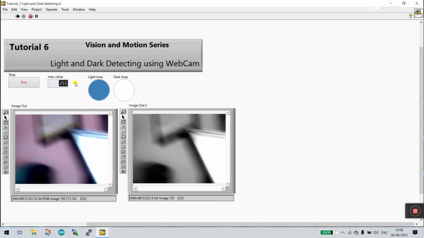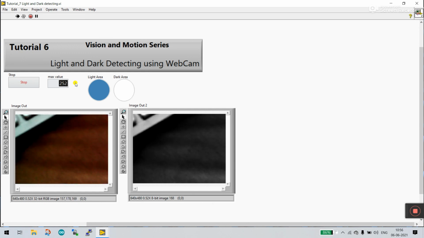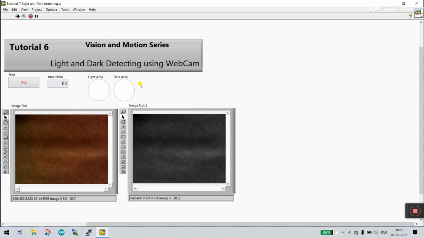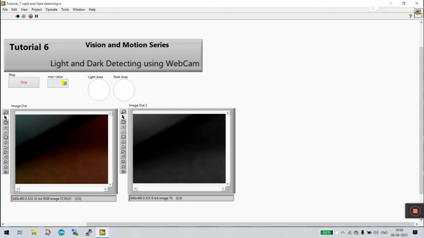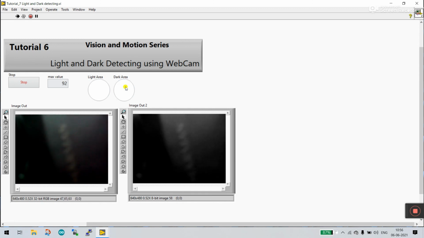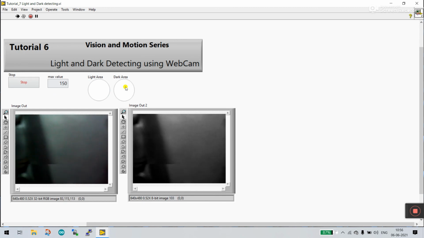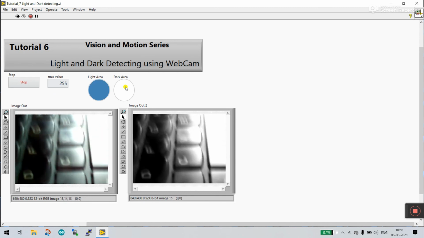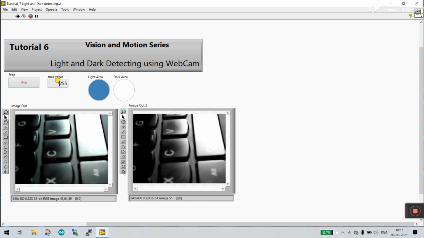When I go near the dark area, the value is changed, and if it's less than 50 then it shows the dark area. Right now I have the normal area. Now you see the value is less than 50 and it shows dark area. You see the black. Right now it's normal, because something is visible, that's why it shows normal. Right now you see there is a light in this area, and it shows this is the maximum.